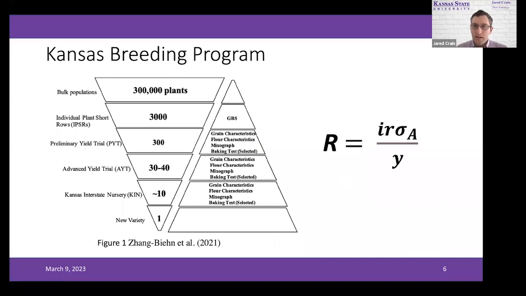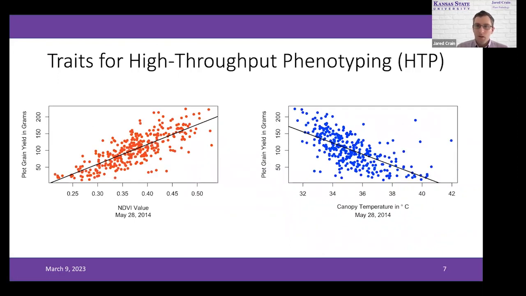Within this breeding funnel, when we look at the rate of genetic gain, the one formula that I try to keep in mind is the breeder's equation. We know that our rate of genetic gain is a function of the selection intensity, selection accuracy, having genetic variance within that population, and the time that it takes to complete that cycle. High throughput phenotyping really provides an opportunity to quantitatively measure some of these traits that are correlated to final traits of a variety that we're interested in, such as